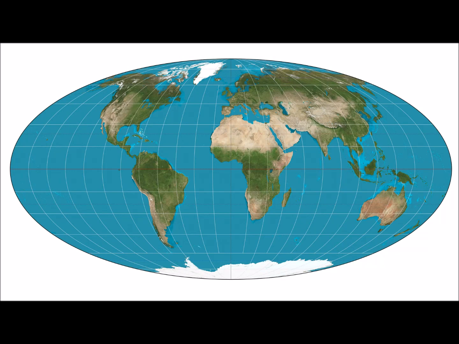This is the Mollweide projection, and it's called a pseudocylindrical projection, and it is non-conformal, which means that the latitude and longitude lines do not cross at right angles, at least everywhere except 1 or 2 spots on the planet. So we have the Greenwich meridian right down the center, and we have the equator across the middle, and